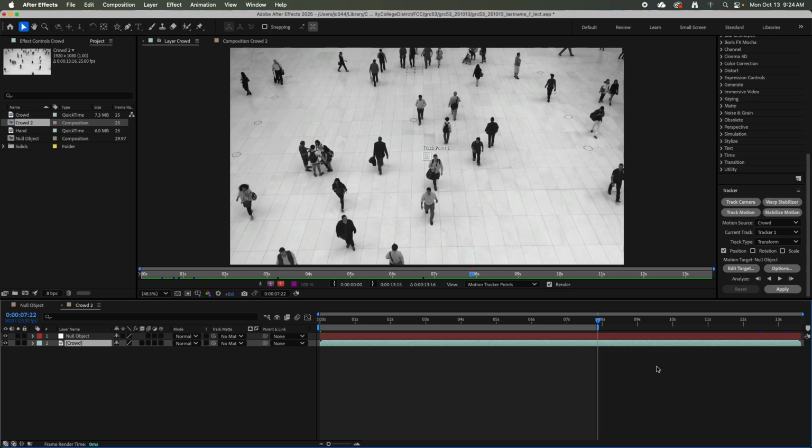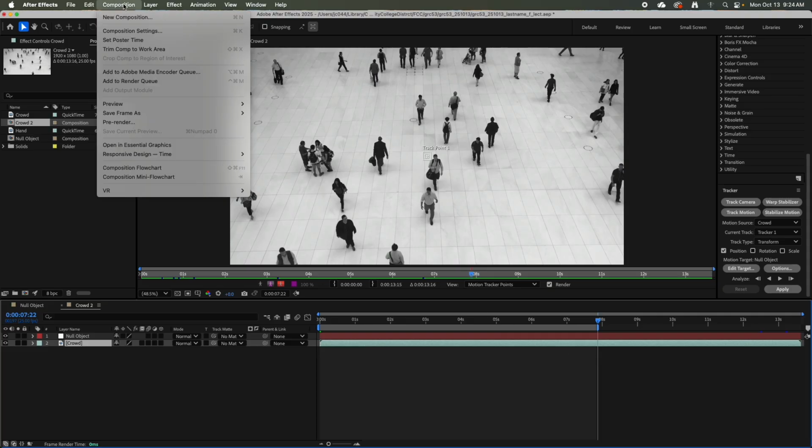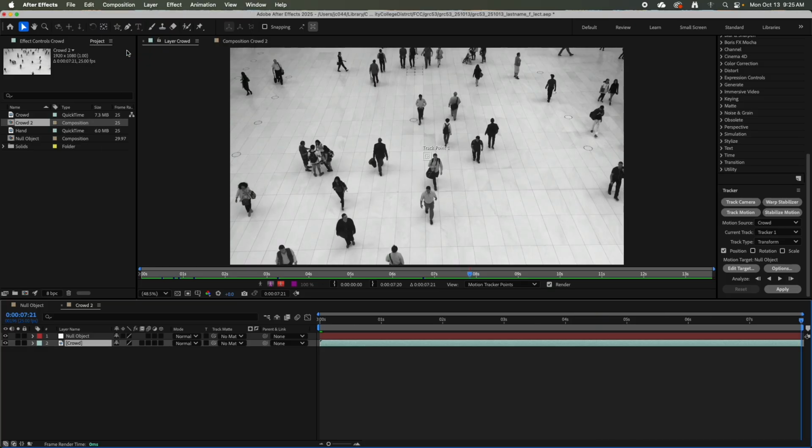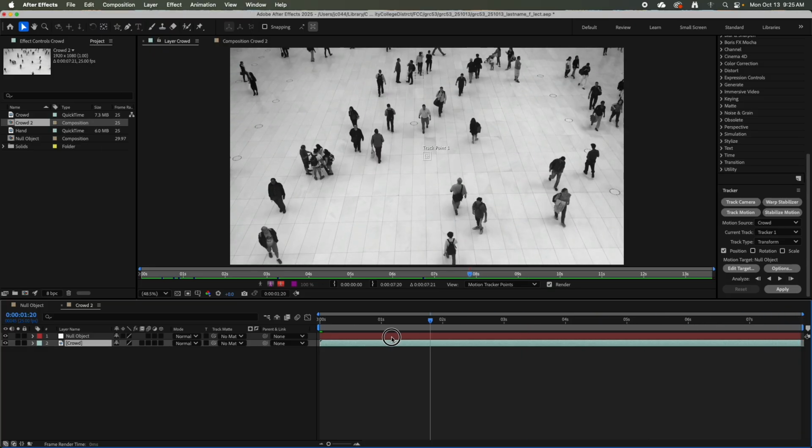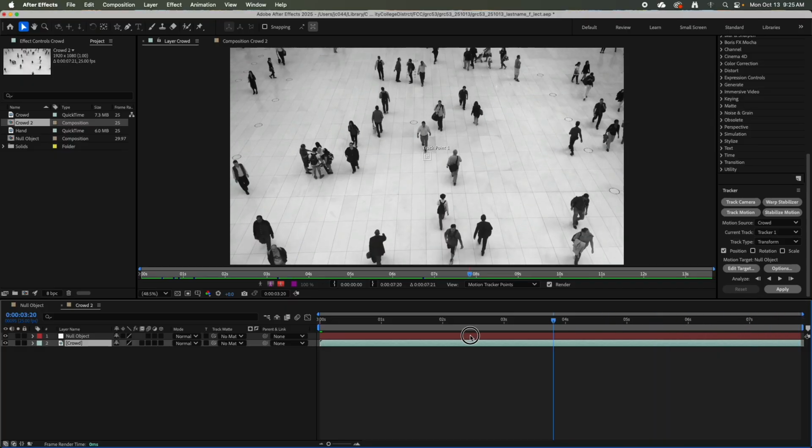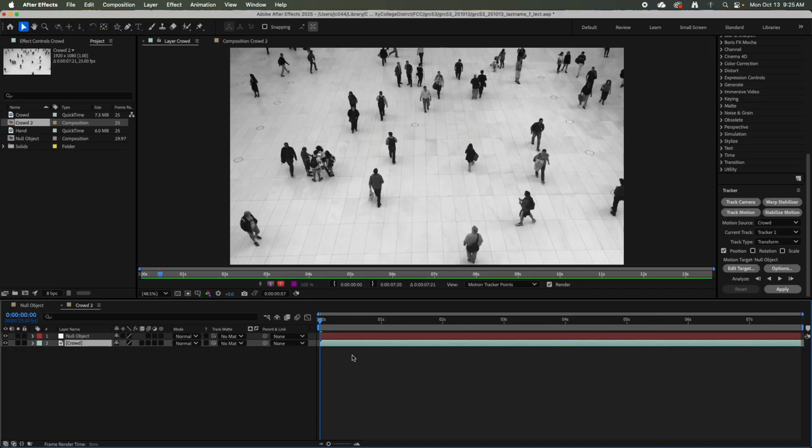Then I'm going to edit my comp length by going to Composition, Trim Comp to Work Area. What that's going to do is change the length of our composition from this long to that long, so it just stops right there. Everyone get their comp trimmed? Your composition should now be approximately 8 seconds. Okay, and then when you play your playhead,